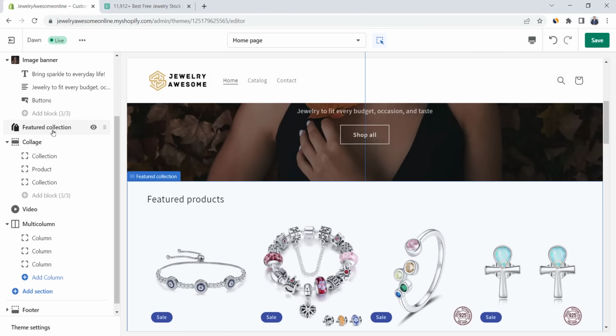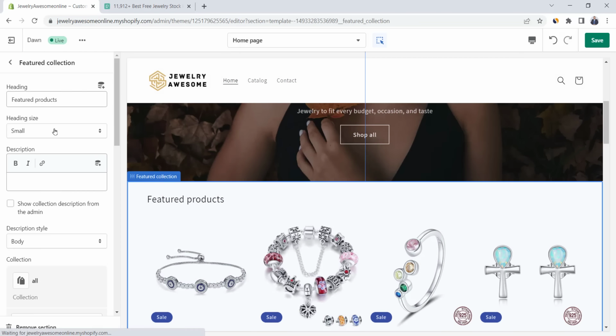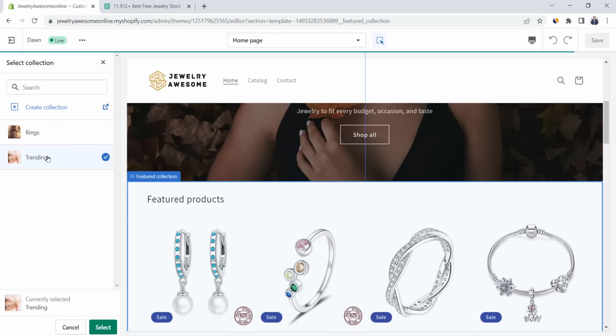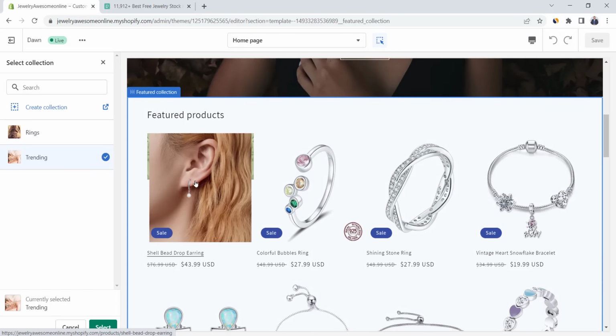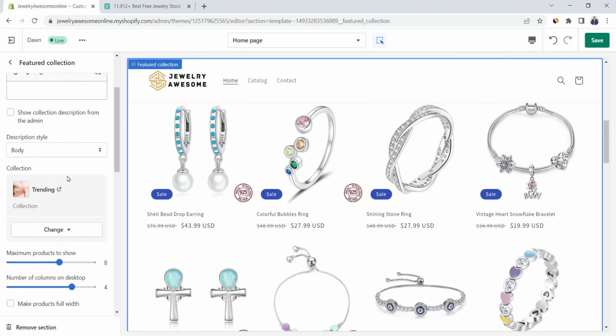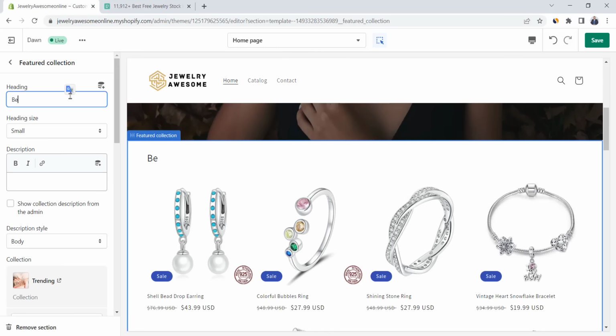The next section is featured collection. Click on it. Go down and click on change collection. And here we're going to select the trending collection, which we created in the previous step. And all products in this collection will appear here. Click on select. And up here, we're going to rename the heading into best selling, or maybe you can write trending